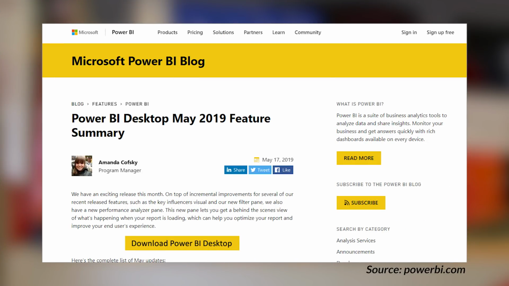We got the May 2019 release of Power BI Desktop, and there are some good things in this desktop that I really recommend you check out. The first one, the support guy in me, the debugger, I just want to figure out what's going on, is the new Performance Analyzer pane, and it's good. It's not going to fix everything for you. It's a starting point to understand what's happening from a visual perspective and how to break down where your performance